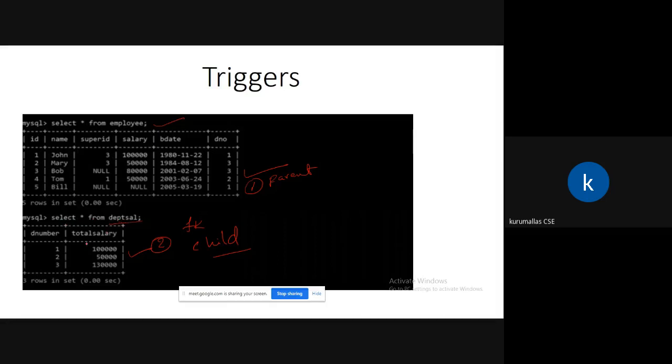Before writing this one, we have to create one table, this DEPT sal table, by using a foreign key. Using a foreign key means we have to use two tables. This is the foreign key relationship table, and this is the parent table, so this depends on that one, right? Remember, create a simple table with the primary key. We know how to use a foreign key, so by using a foreign key, we create DEPT salary. Once you create these two tables, insert all the values inside the tables, right?